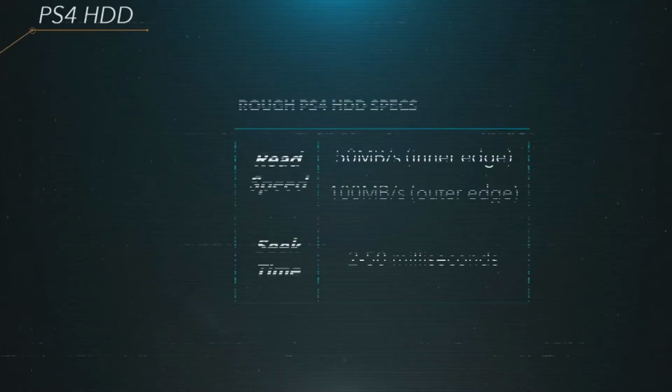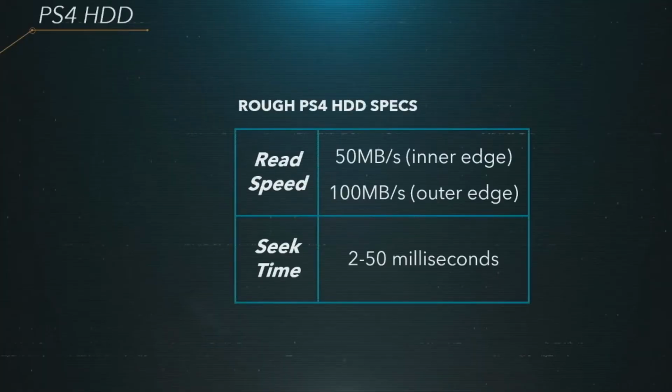Now, we finally got the information that we've been waiting for. This presentation that Sony did for this particular information on the PlayStation 5 is what they would have done if they would have actually made it to the GDC conference and did their presentation with Mark Cerny. This is very similar to what he did with the PlayStation 4, like I said in the other video about this announcement coming up. So, let's go ahead and hop into the specs and see what we actually get on